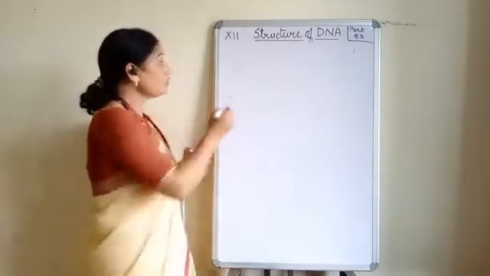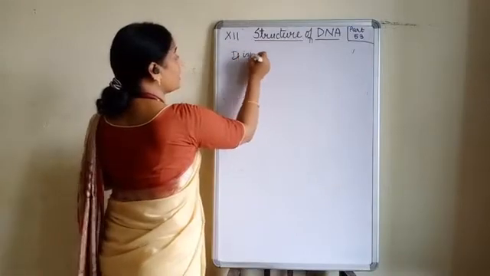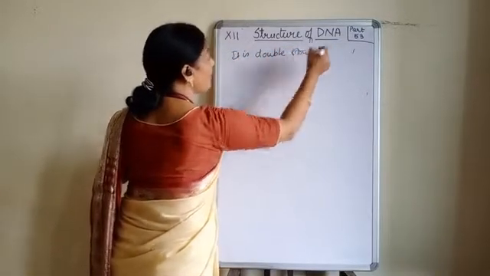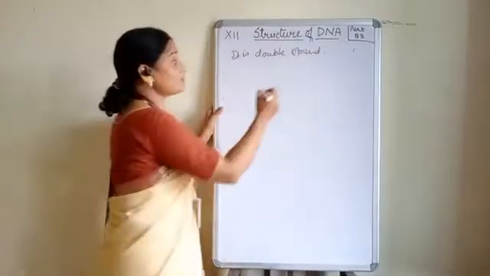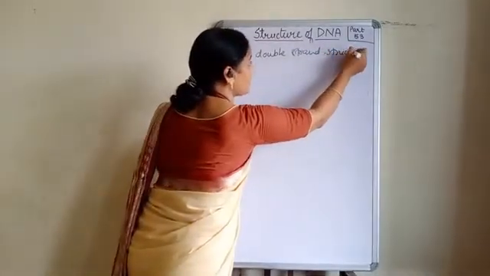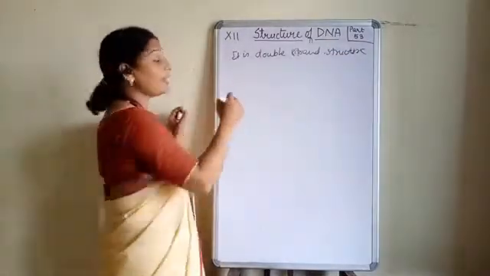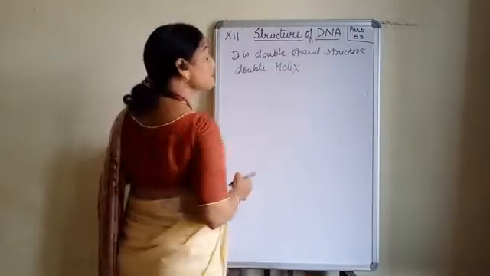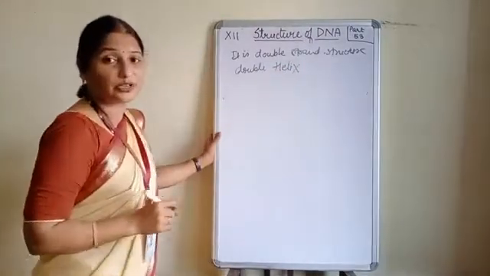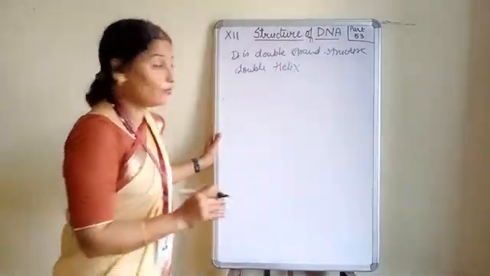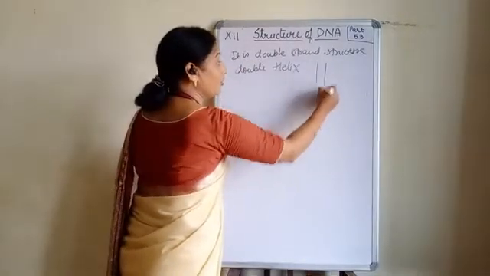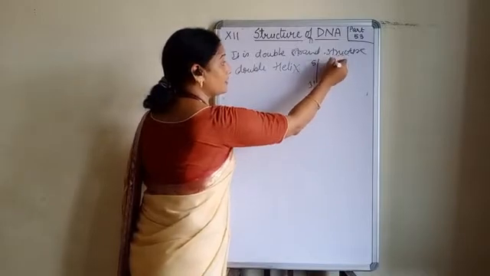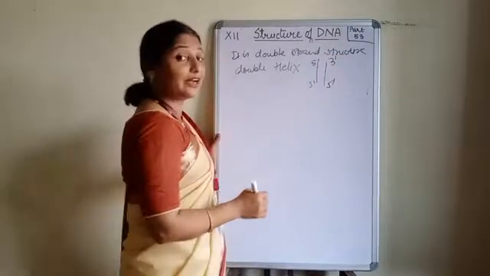The first point was, it is a double strand structure. Or it is also called a double helix. Okay, this was the first point. And how it is double strand, this we have already seen. I had already drawn these two, 5 prime, 3 prime, then 3 prime and 5 prime.